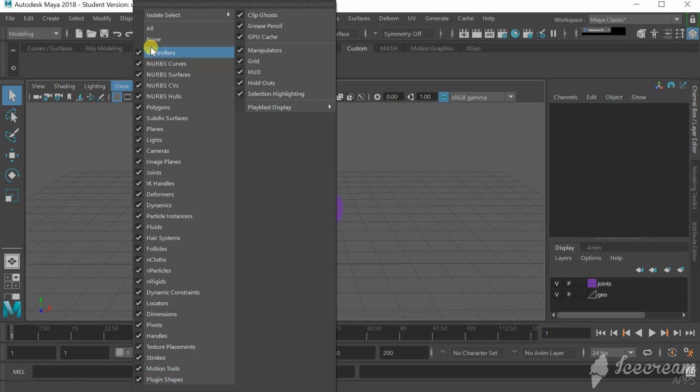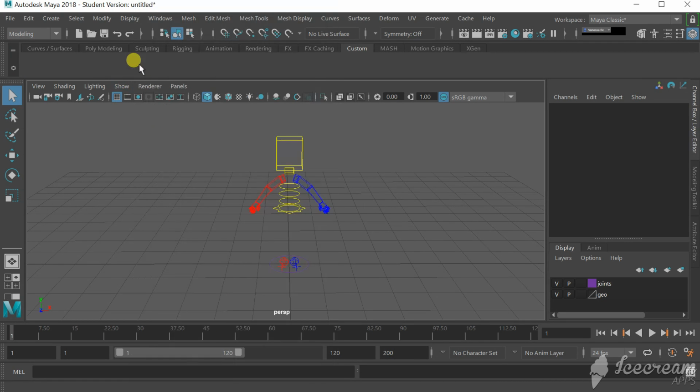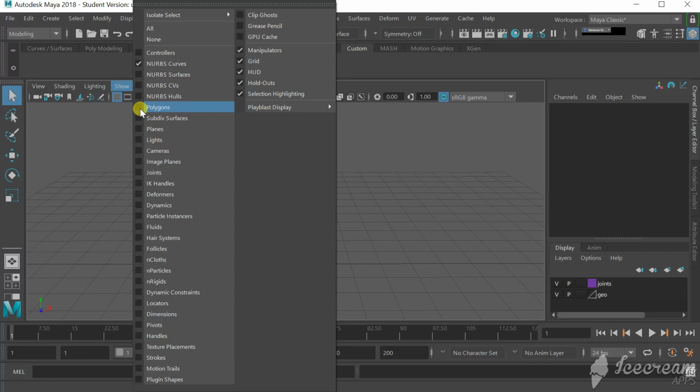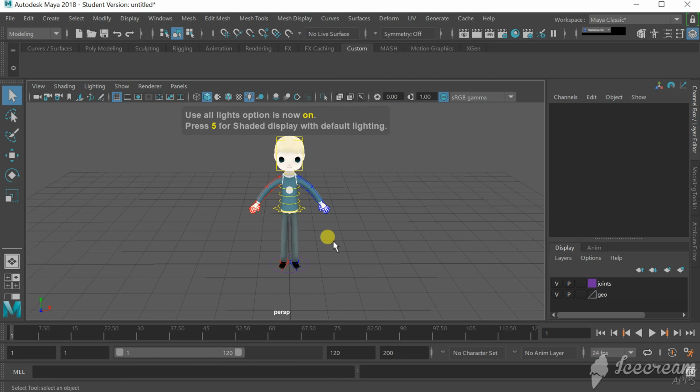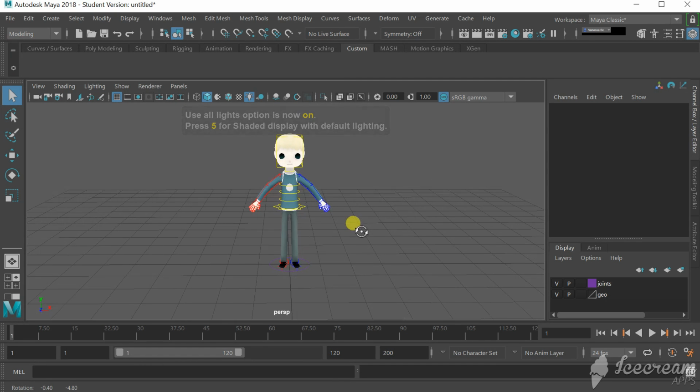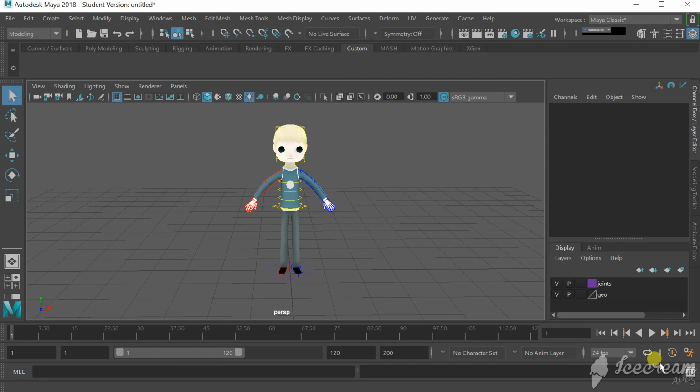So I'm going to go to Show, None, Show, NURBS Curves, Show, Polygons, and change the lighting to use all lights. At this point, we have a more manageable situation. In the display area here, I am going to